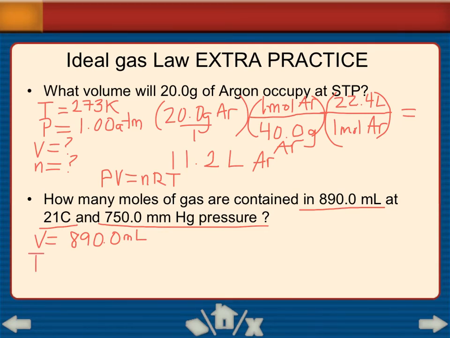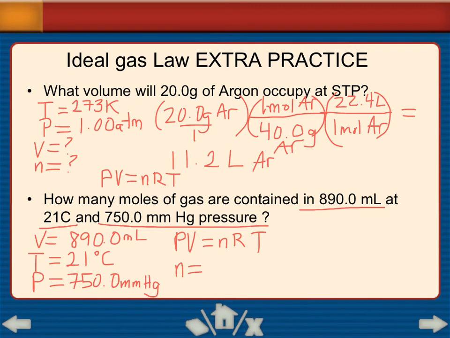The temperature is 21 degrees C, and the pressure is equal to 750.0 millimeters of mercury. In order to use PV equals nRT, and we are looking for n, so n equals PV over RT,